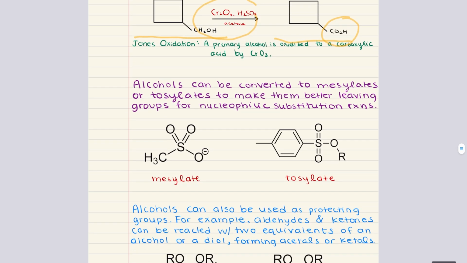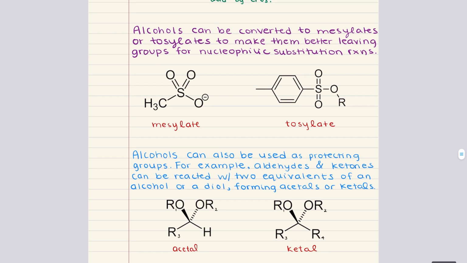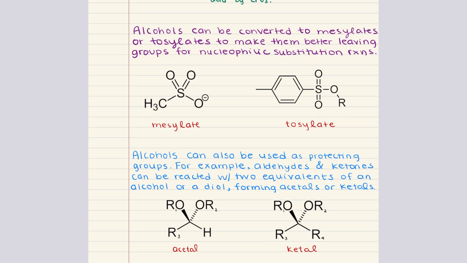Beyond oxidation, alcohols can be modified to enhance their reactivity in nucleophilic substitution reactions. In their native form, hydroxyl groups are poor leaving groups, meaning they don't readily depart in reactions like SN1 and SN2 substitutions. However, alcohols can be converted into mesylates and tosylates, which are much better leaving groups due to their resonance stabilized structures. This transformation makes alcohols more reactive in substitution reactions, and it allows them to be displaced by